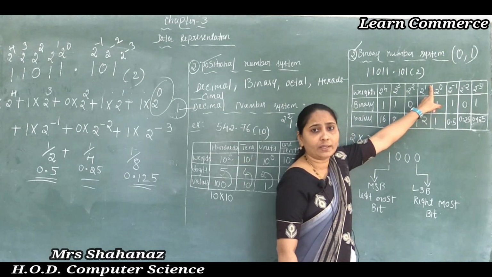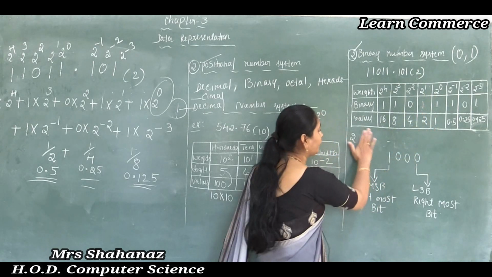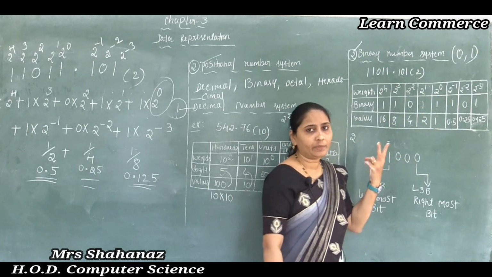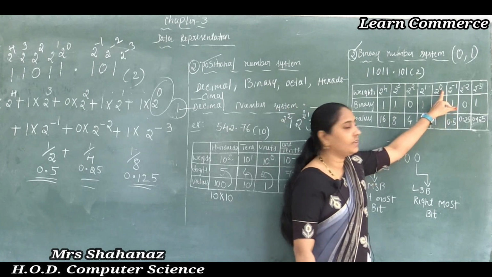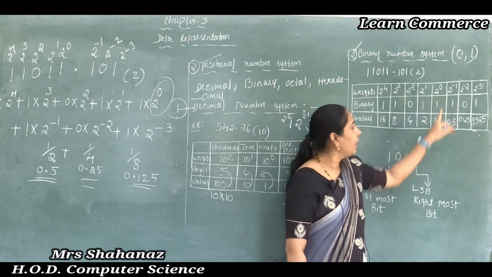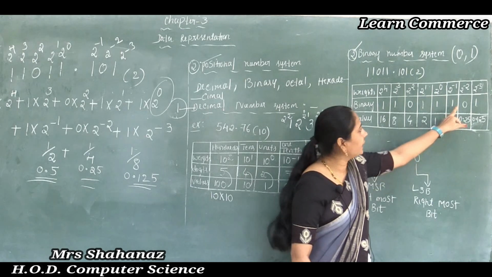2 to the power of 1, that means 1 time. Clear this one? When you are going to multiply 2 into 1 time, the value will be 2 only, as we know that 2 to the power of 0, the value is always 1, and later the next one,